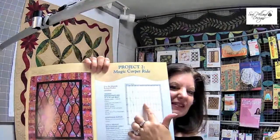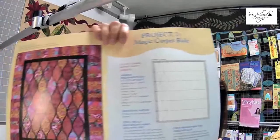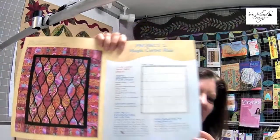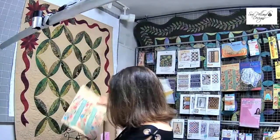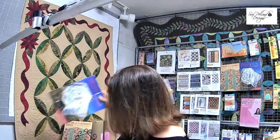Now you'll see that this project uses a grid to lay out your applique background. So that's what I want to talk about today as well. I want to talk about laying out that grid and how we're going to use the quilter's chalk line to